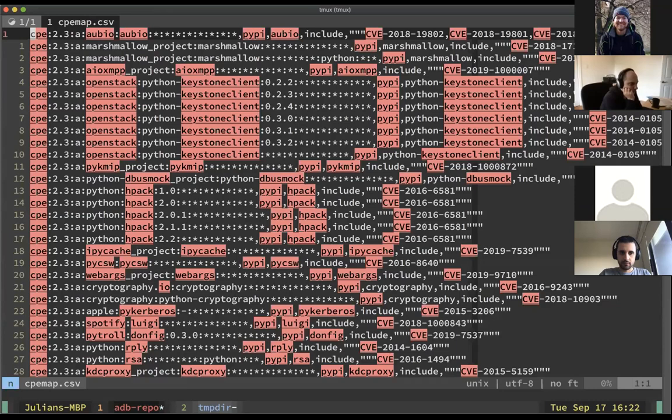To pick one entry, here we have an example where you have the CPE string beginning, which gives you the vendor ID and product. Then we link this to a package type, which is PyPI in this case, and the name of the package is HPAC. There's some additional information about including, excluding, but actually the first three columns are the most important ones: CPE, package type, and name. This is basically the CPE bootstrapping procedure to obtain this mapping, and we're using this mapping